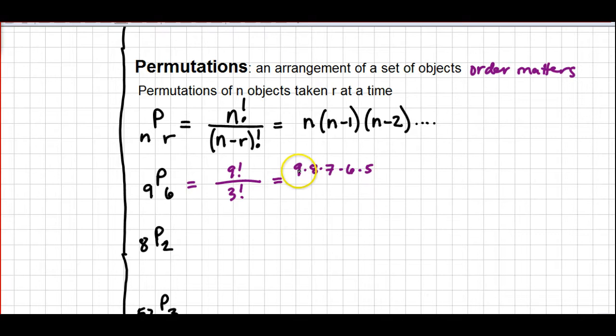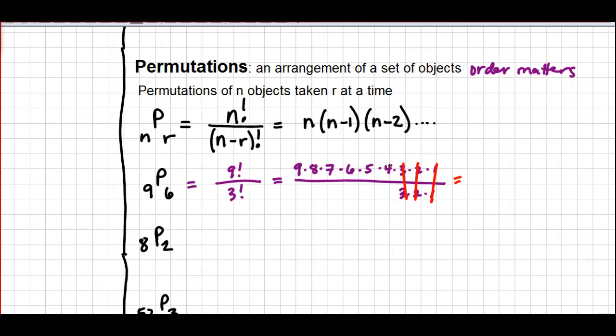So hopefully students remember what a factorial is. It means take the number and multiply it by decreasing integers all the way down to 1. And I forgot the 4 there. 4, 3, 2, and 1. So that's 9 factorial on the top. On the bottom we only have 3 factorial. So notice that the 3, the 2, and the 1 on the top and the bottom are going to cancel out and make 1s there. So really all we need to do is 9 times 8 times 7 times 6 times 5 times 4,